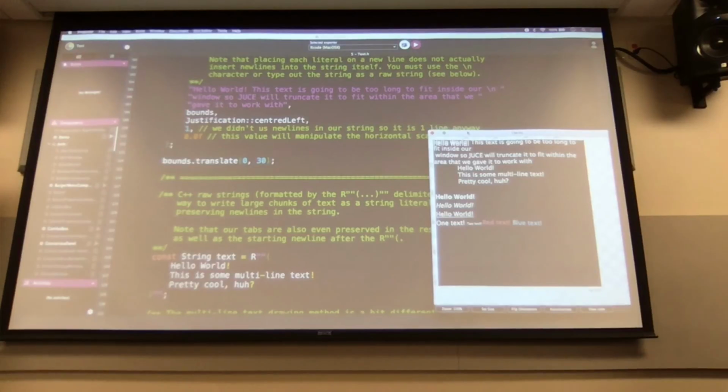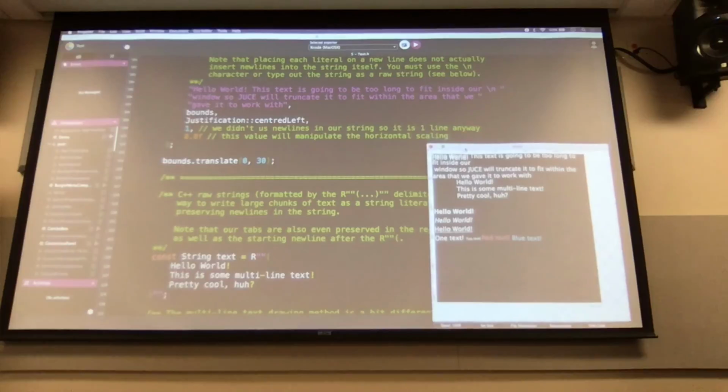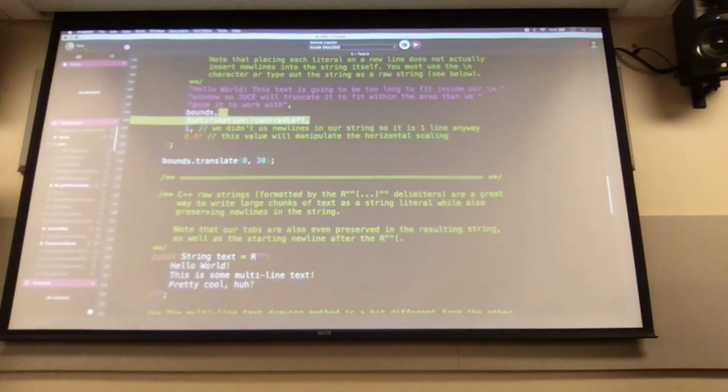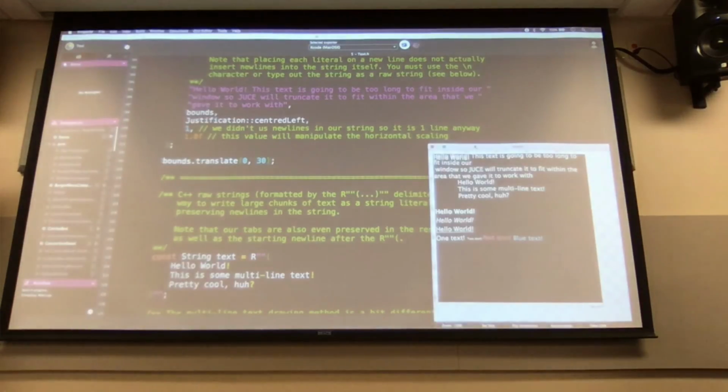So usually there are some things for drawing multi-line text and setting out the bounds for that, making it a little easier, or using the text layout stuff is even easier than that. But yeah, if I'm working with multi-line text, I usually go for those methods. But when it's on one line,